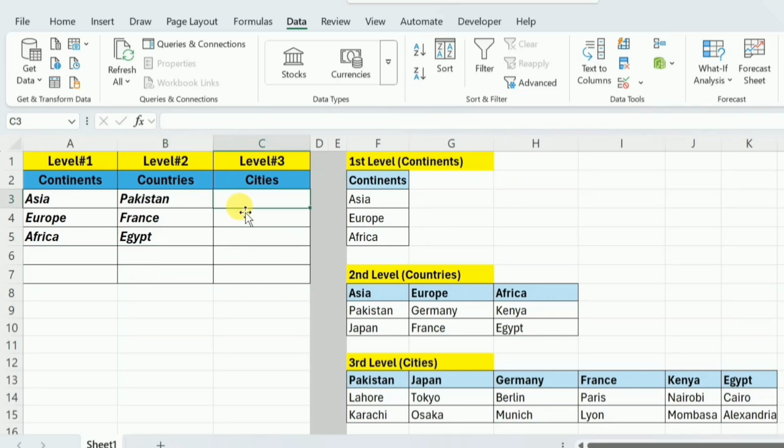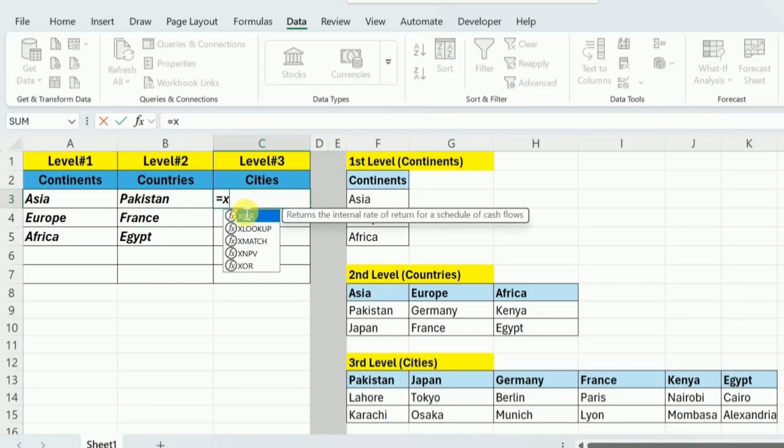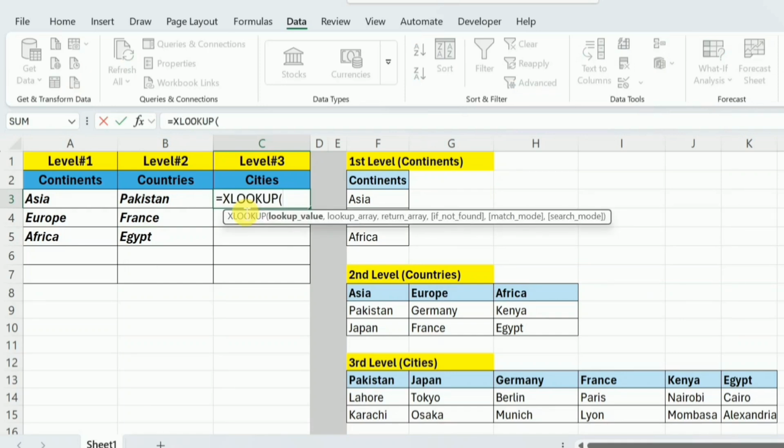So here in the cities, again I will write equal XLOOKUP. First I need to pass the lookup value. This time the lookup value will be the country, so I will select this cell. After this I need to pass the lookup array, and the lookup array will be the headings of the third level, and again I will fix them by pressing the shortcut key F4. Next I need to pass the return array. The return array this time are the cities, so I will select all the cities and lock them by pressing F4. Close the parentheses